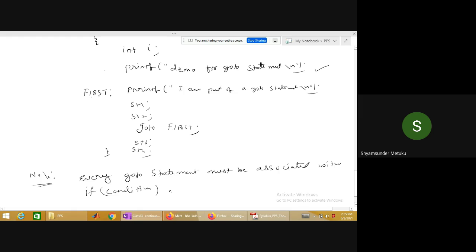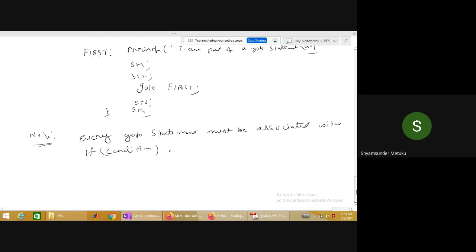So all the 3 statements without if are not recommended. All the 3 statements must be used only after the if condition. So the summary is something like: if condition followed by continue is okay. If condition followed by break is okay, or without the condition also acceptable. If condition followed by go to, then label, whatever it is.